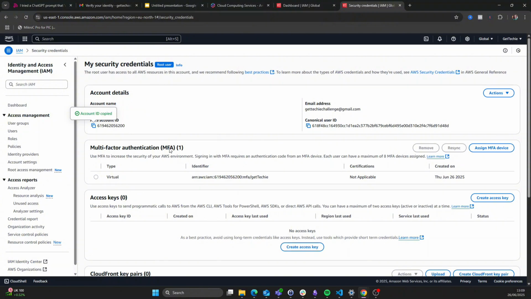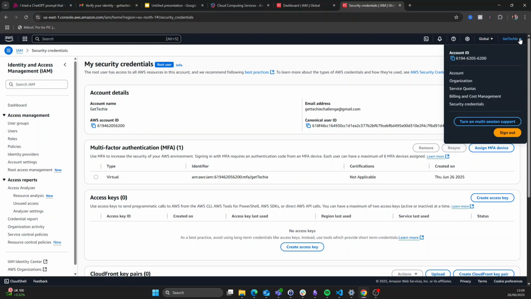Either you do that, but the easy way I like to do is to give my account an alias. Alias means that I might not be able to remember the account number all the time, right? But an alias is a name that I can easily remember and use in place of the account number. So it's like you are tying a name to this account number. So I'll come here, click down,